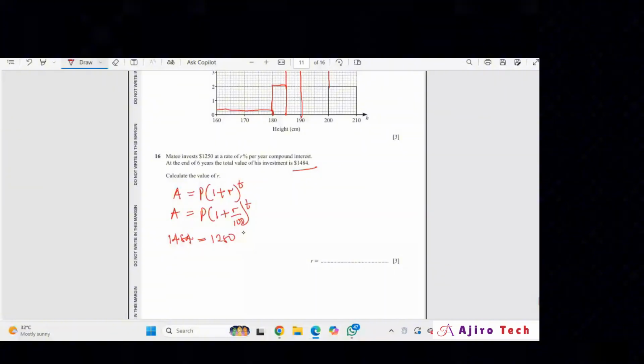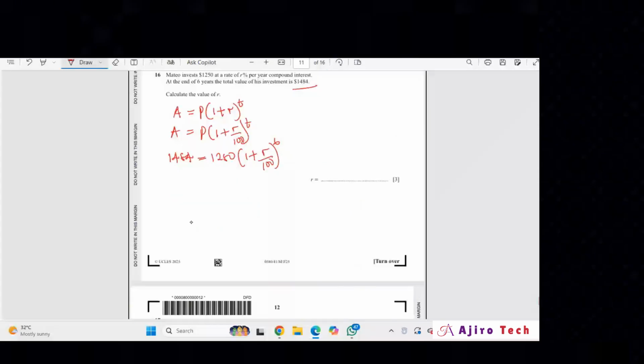1,250 brackets 1 plus the rate, which is what we are looking for, all over 100. The time, the number of years, is 6 years. So let's solve this together. Let's divide both sides by 1250 so that it will clear out from here. So I'm going to have 1 plus R over 100 all raised to the power of 6 is equal to